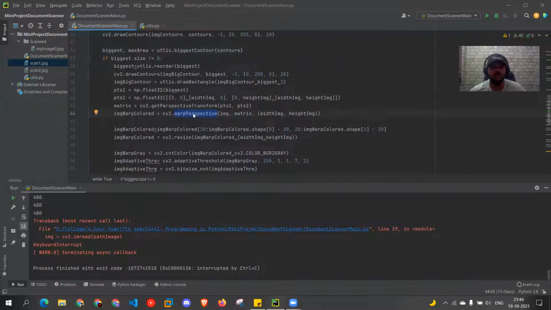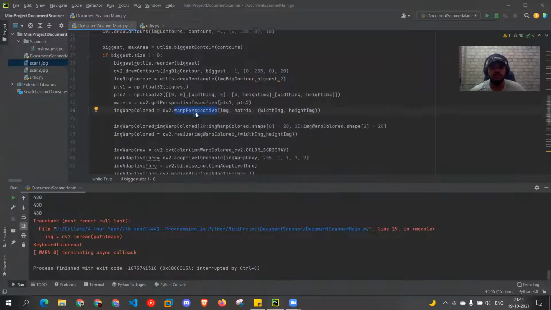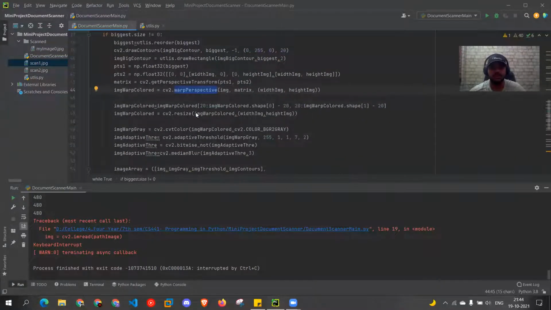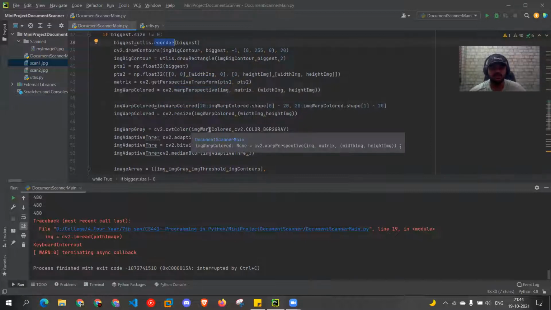After this we have to apply warp perspective, but as warp perspective is quite sensitive, before this we have to rearrange our points. That is, we have to define which point is the starting point, that is 0 0, and for this I've used the reorder function. This reorder function is in utils, which will sort all of our points according to our annotation.